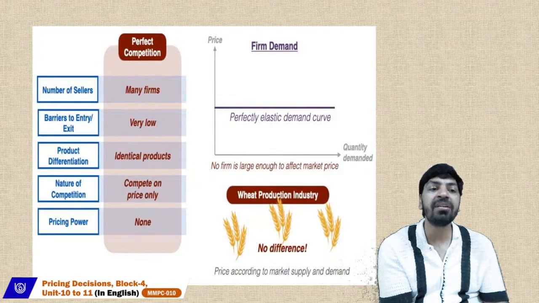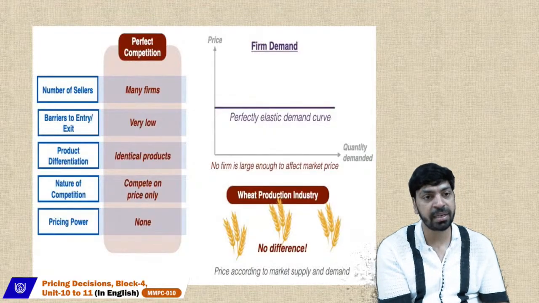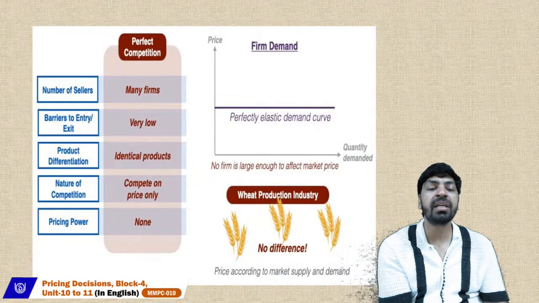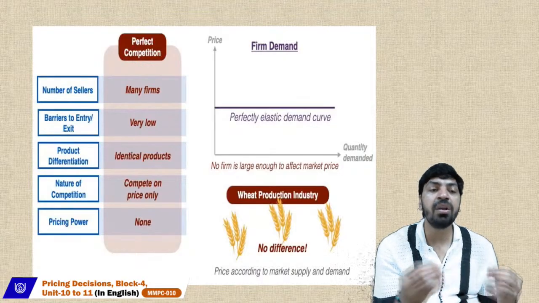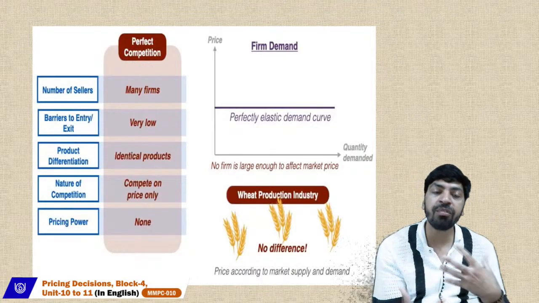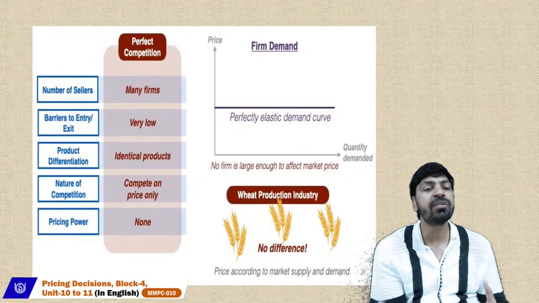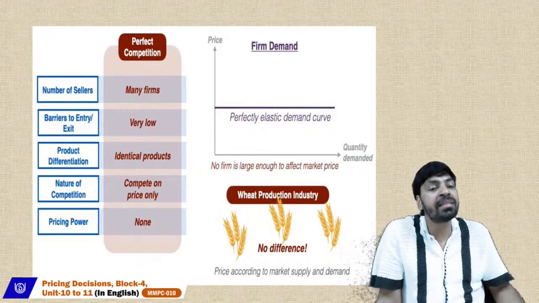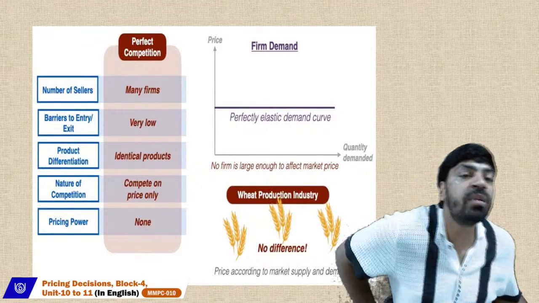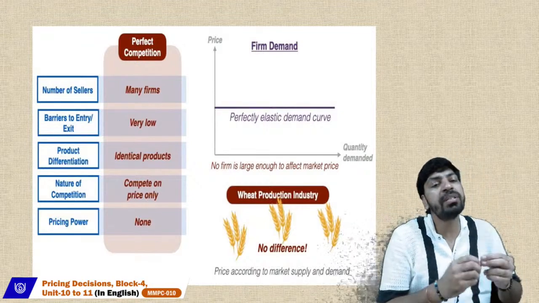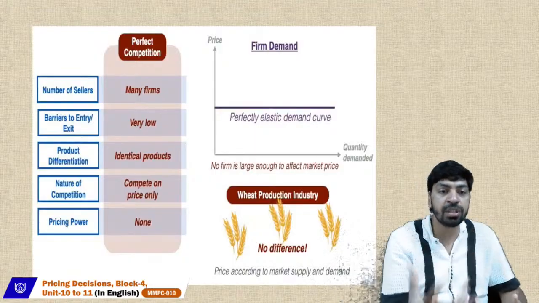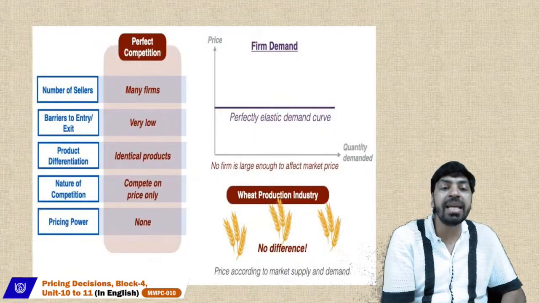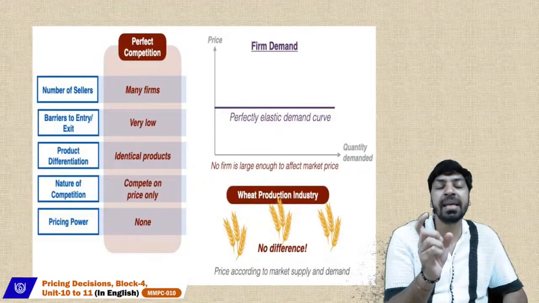Next one is barriers to entry and exit. Barriers to entry are very low. Any new firm could easily enter such a market and an old firm could easily exit the market. So of course, there are not so many restrictions on the sellers who exist under